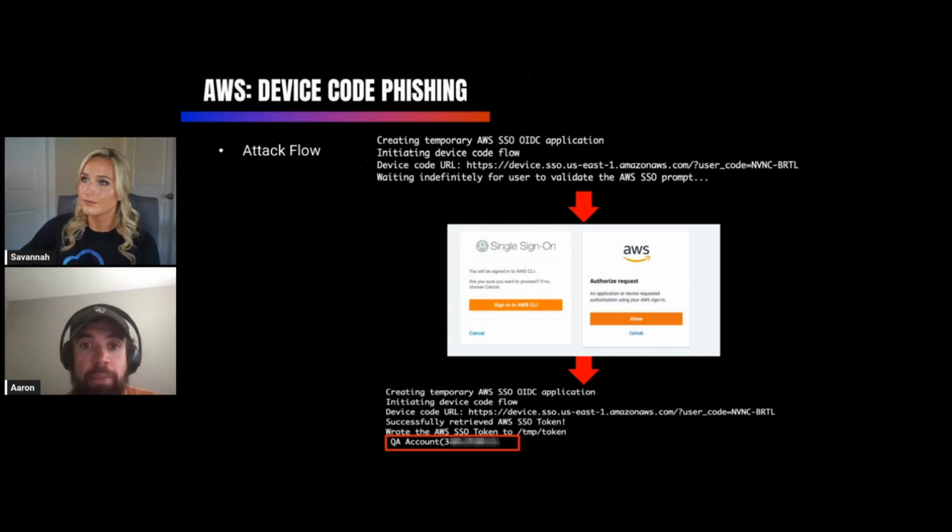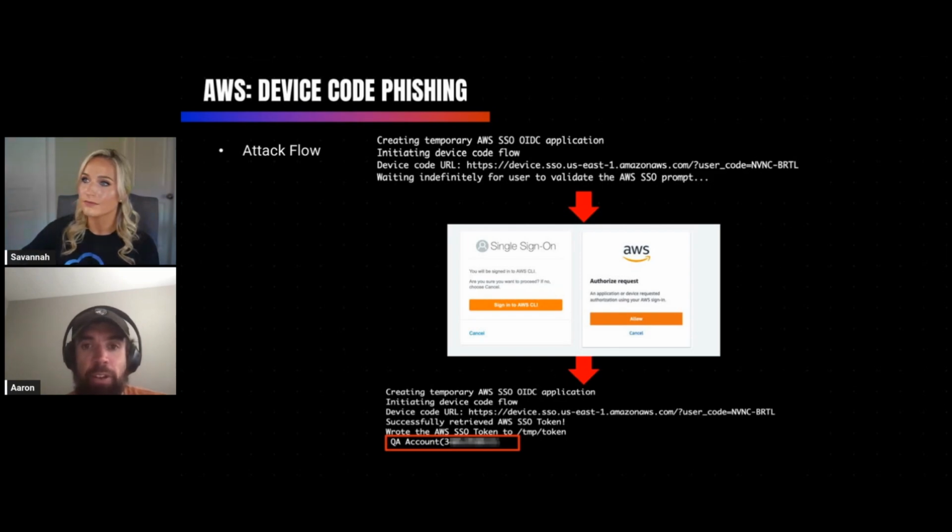So this is just an example of the attack flow of a device code phish. As you can see there, there's a couple different tools you can use. In the previous one, we mentioned the Python script that we've used in the past. Basically, what it does is use that configuration file that you input, and it generates a device code. I believe these are valid for 900 seconds.